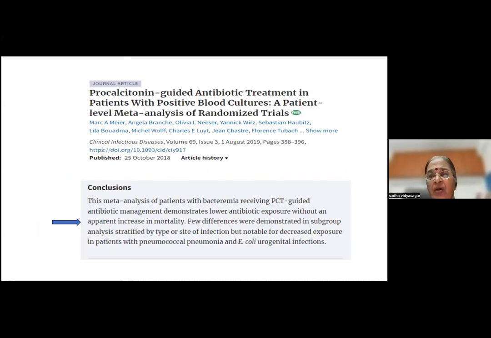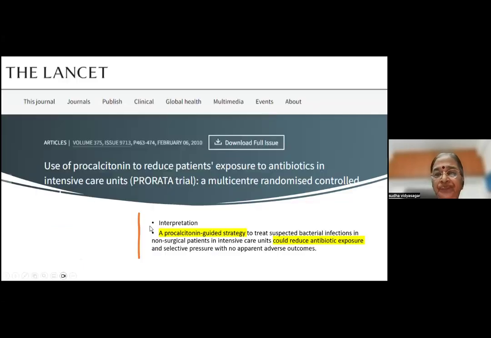Remember, we all now know that antibiotic resistance is a major problem. And one of the main causes of antibiotic resistance is the duration of antibiotic. All of us tend to say, give it 2 days longer, give it 3 days longer. And this is how we produce resistance to antibiotics. So whenever it is over, we should be able to say, come out of the antibiotic. That decision must be taken, and that can be guided by the level of procalcitonin.